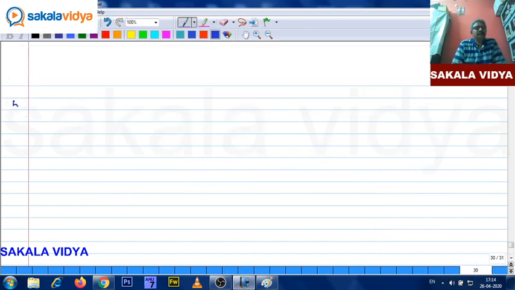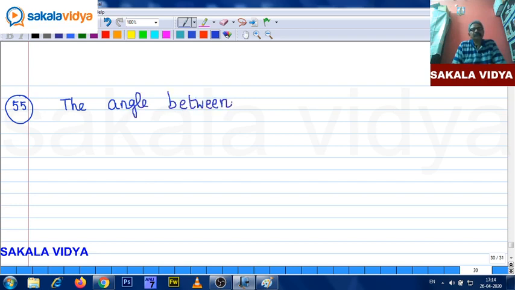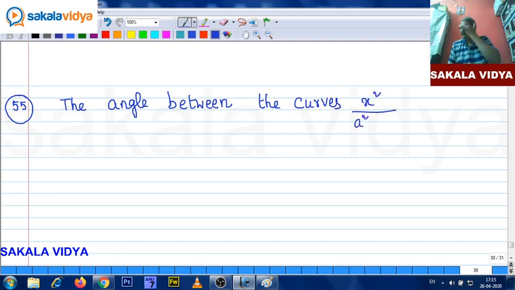Fifty-five. The angle between the curves x square by a square plus k1 plus y square by b square plus k1 equals to 1